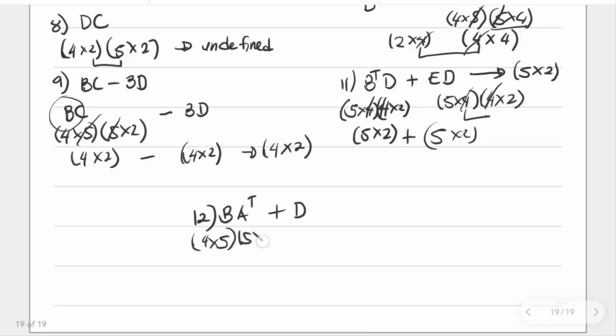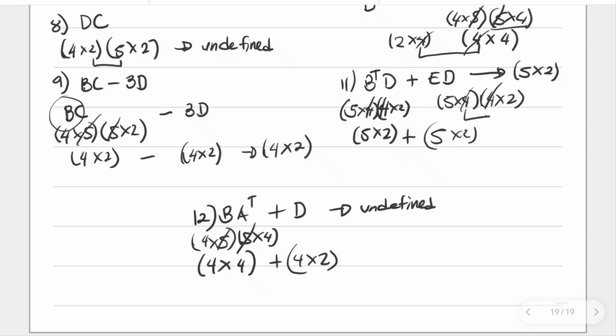So 5 by 4. So the result of B times the transpose of A is a 4 by 4 matrix. Plus D. Your D is actually a 4 by 2. We cannot do this one here and cancel them because we are under addition. This means that the result here is an undefined